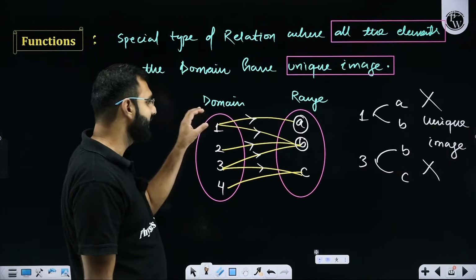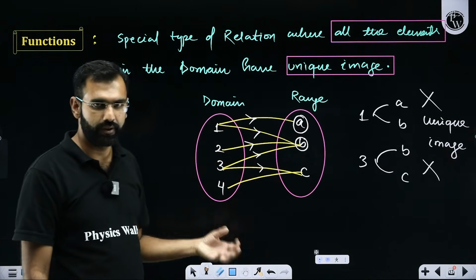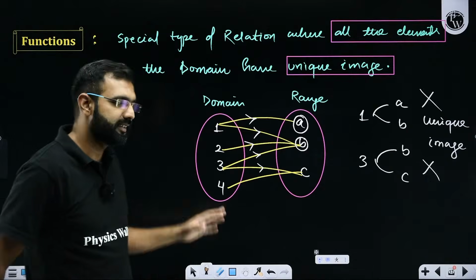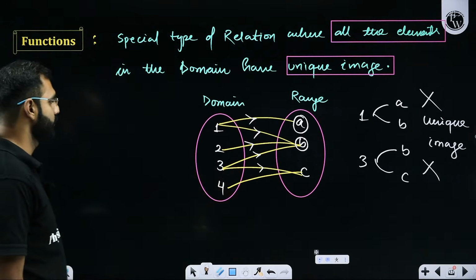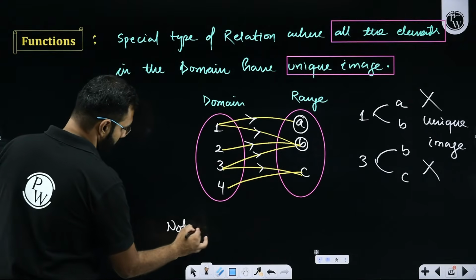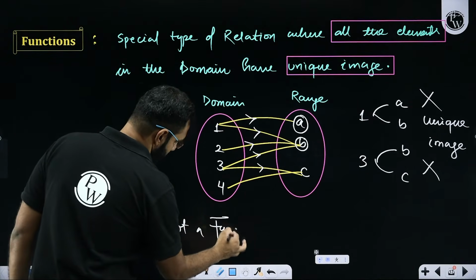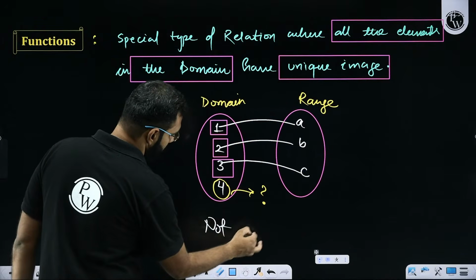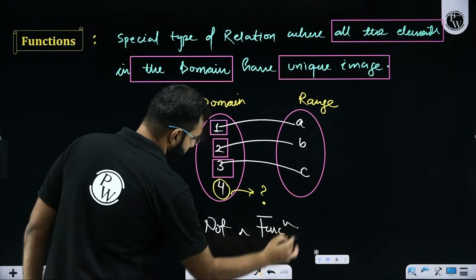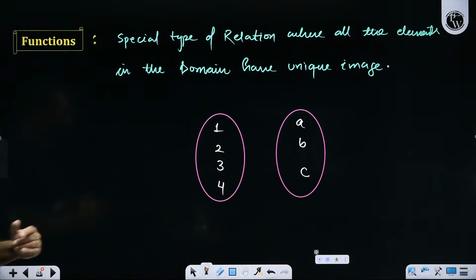Although it got violated at 1 only, so I need not verify it further, I'll definitely say this is indeed a relation from A to B, but this is clearly not a function. So this is also not a function. Everybody getting it? The previous case is also not a function. Okay, so shall we talk about one more case?